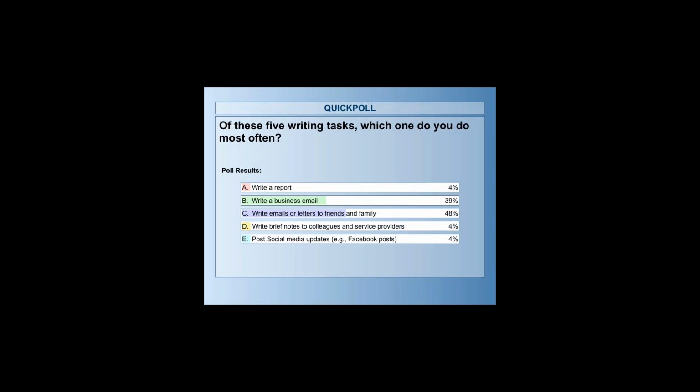However, we also have to be aware that I didn't ask what the age group is that we have here, but I would imagine that a lot more of our learners that are under 30 would be clicking on E more than some of us might be. So an awareness of people using social media and how they write on social media is very important. And social media is being used more and more in academic settings. So it's important for learners to know how to write appropriately on Facebook pages that are set up by their professors.